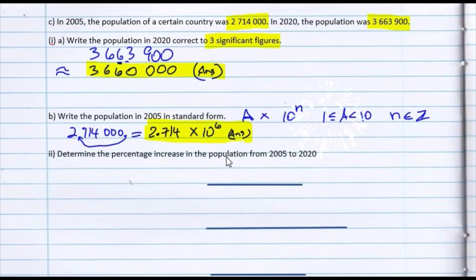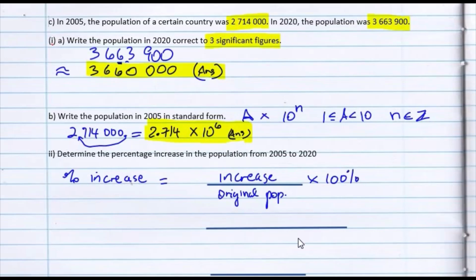Now we're asked to determine the increase in the population from 2005 to the year 2020. So we want the percentage increase. And the percentage increase is equal to the increase over the original amount. In this case, the original population is the population in 2005, the population prior to the increase, multiplied by 100%. What is the increase? The increase, of course, will be the difference between the new amount and the former amount, and so that will be